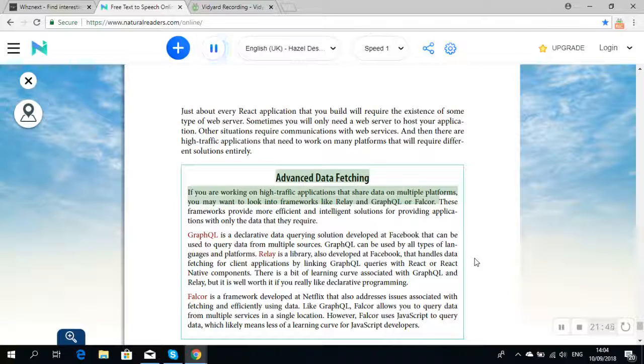Advanced data fetching. If you are working on high-traffic applications that share data on multiple platforms, you may want to look into frameworks like Relay and GraphQL or Falcor. These frameworks provide more efficient and intelligent solutions for providing applications with only the data that they require. GraphQL is a declarative data querying solution developed at Facebook that can be used to query data from multiple sources. GraphQL can be used by all types of